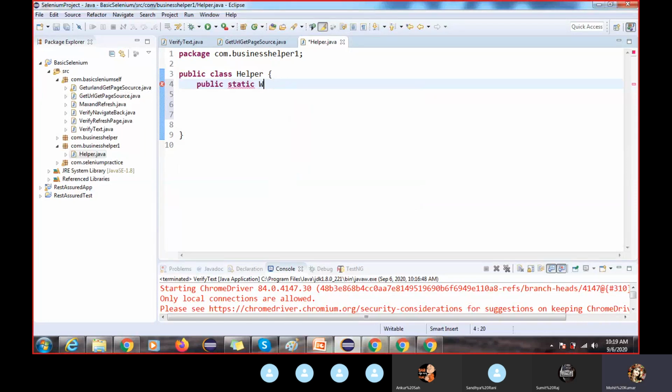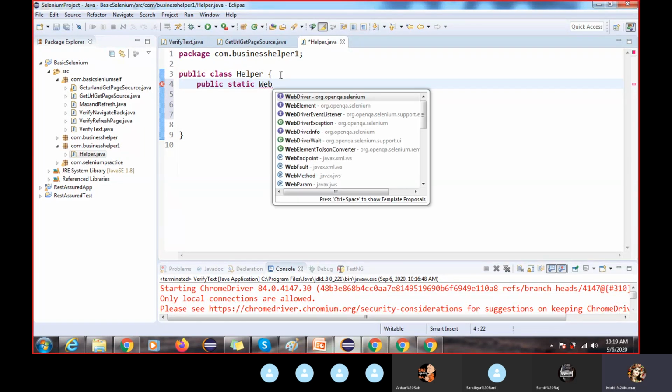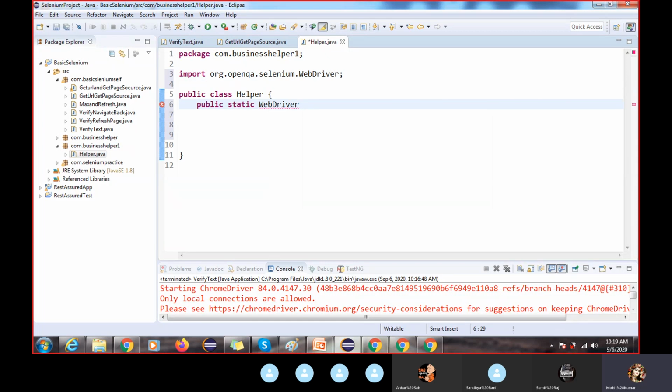Sorry, I'm doing it wrong here. I have to take only one return type, right? Public WebDriver driver equal to this. This is the return type. I was typing both String and WebDriver. How can you give two return types? You give only one return type.